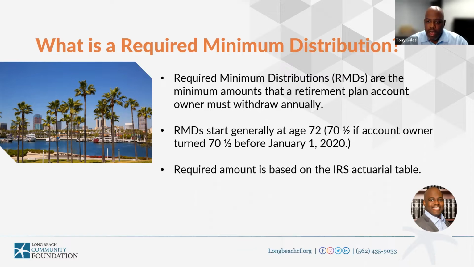So you may wonder why it changed from 70 and a half to 72. Well, in the late part of 2019, the IRS took a look at the law and said, okay, people are living longer, our life expectancy is increasing, so we are going to change the RMD age to 72. And then a few months later, COVID occurred, and then our actual life expectancy decreased by 1.8 years. So in case you didn't know that, I hate to rain on everyone's parade there.